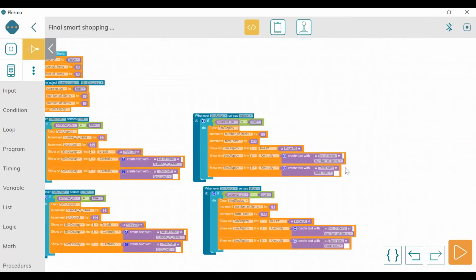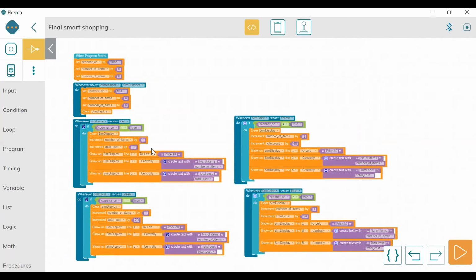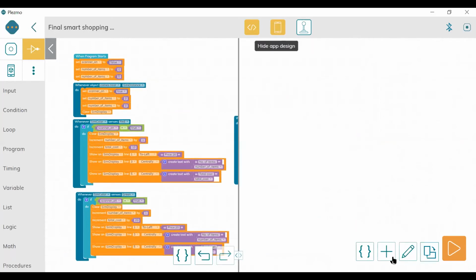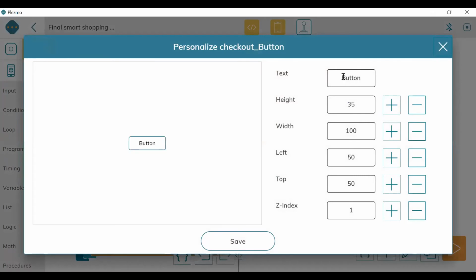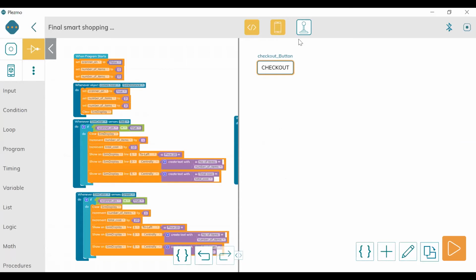Okay. So now they are on one screen. So now what is left now? Next is the checkout button. So let's make the checkout button in the app design. So now this is a button. I'm going to give this the name checkout button. Here I'm going to write checkout in our app. Here also, again, you can change the background and all that; I have already taught you in our previous sessions. So let's do the programming part now.